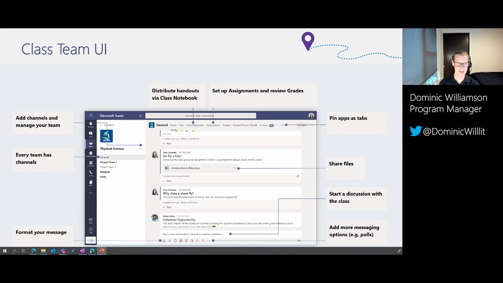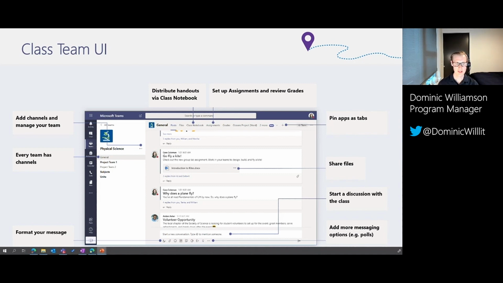This is where we have channels, and channels give you structure. Every channel has a conversation space to post a message. It has a file space, and you can think of it as how we split up our team to have clear areas for us to communicate and to collaborate on different topics. So we might have a channel per week of content. We could have a channel per student group. We could have a channel for research projects where we might have the grant submission process.